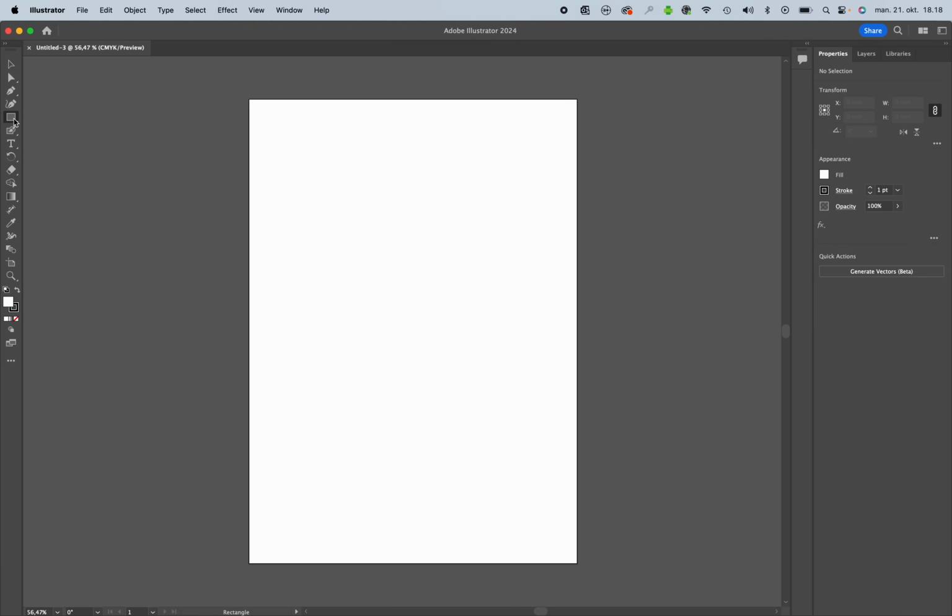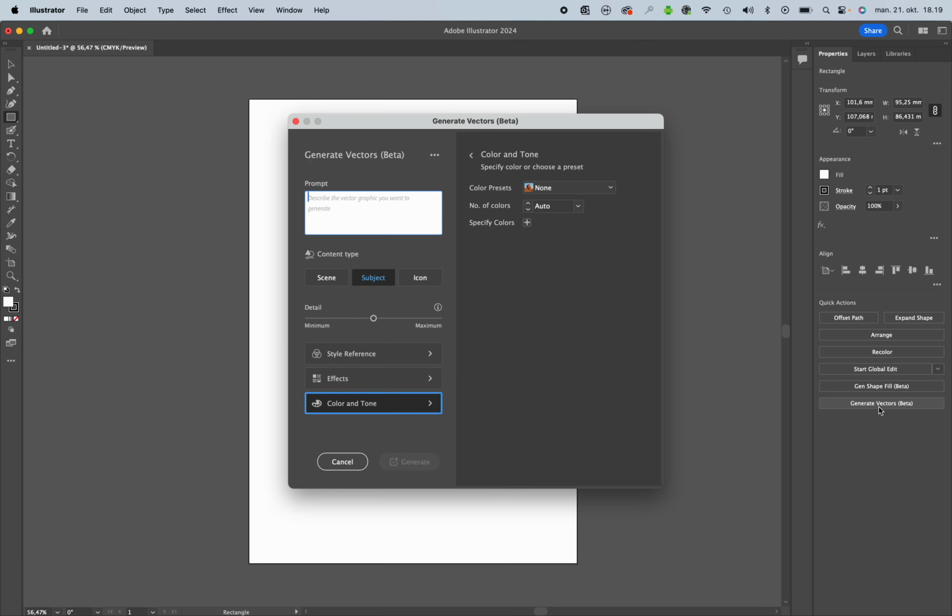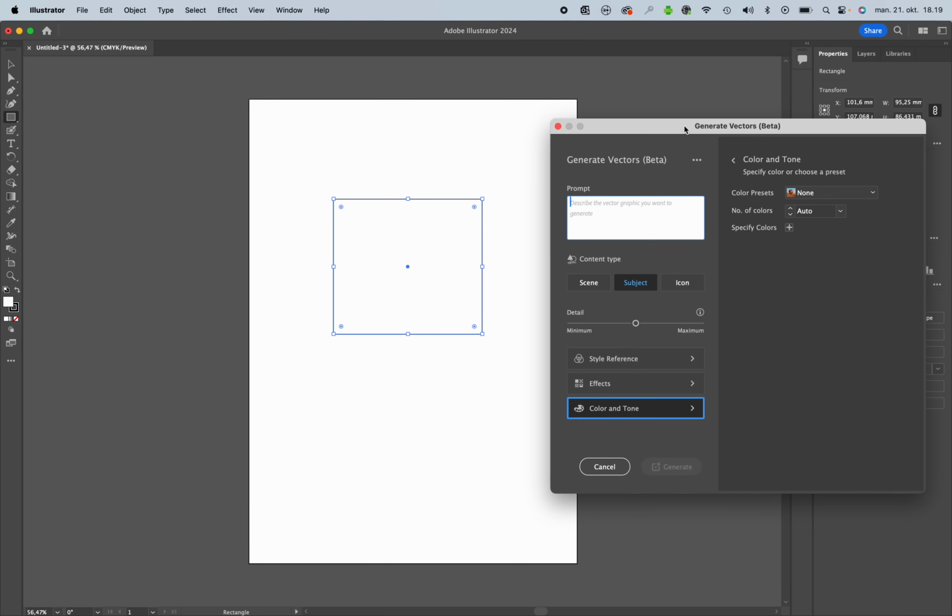Again, I'll go over here and I'll pick a square where I'll create a square with my tool. And within this tool, I now have the option, while it's still selected, I get some options over here in the product properties bar. This is a contextual bar, and it means that it will change to whatever you are actually touching here. In this case, because I've chosen a square, I get the option to generate vectors. And I will just press this one here,